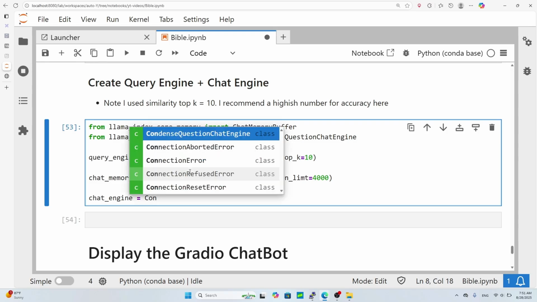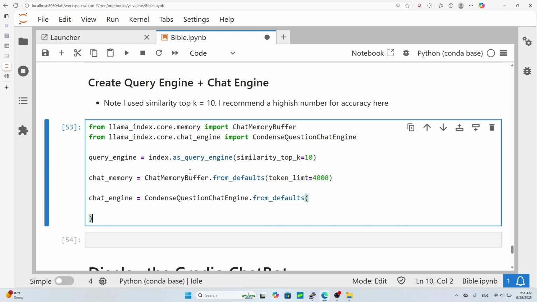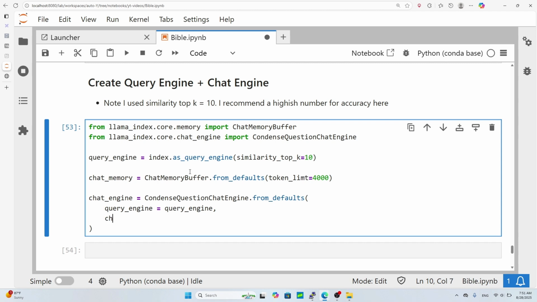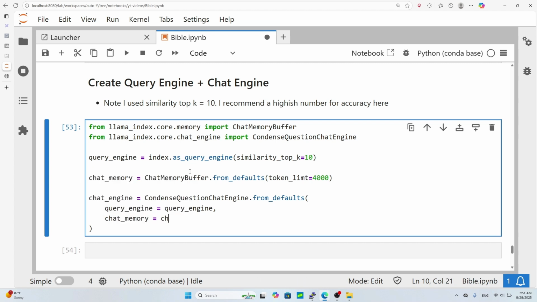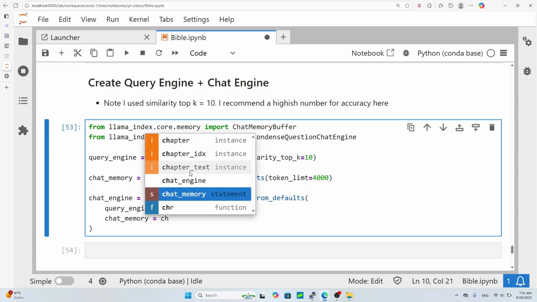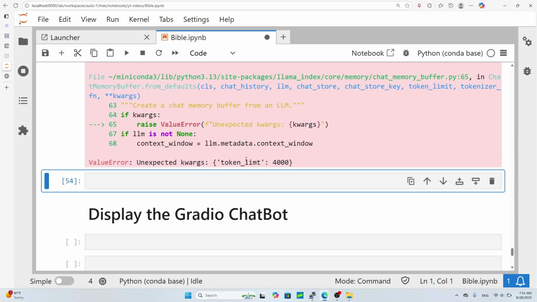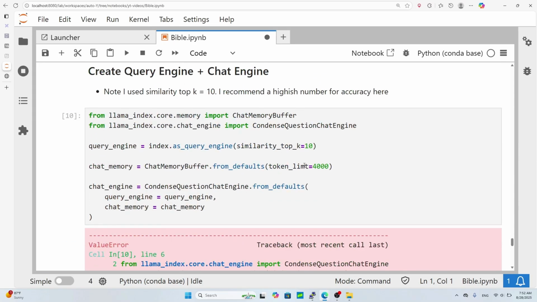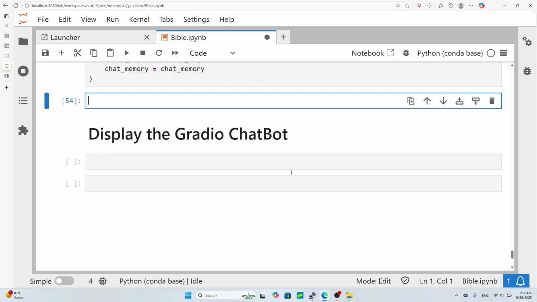So now we do CondenseQuestionChatEngine.from_defaults. See, I really like LlamaIndex. It's nice to use. query_engine equals query_engine, and I think we also need chat_memory equals chat_memory. Okay, so this should work. We have a chat engine. Ugh, what did I mess up? token_limit, not limit. Okay,